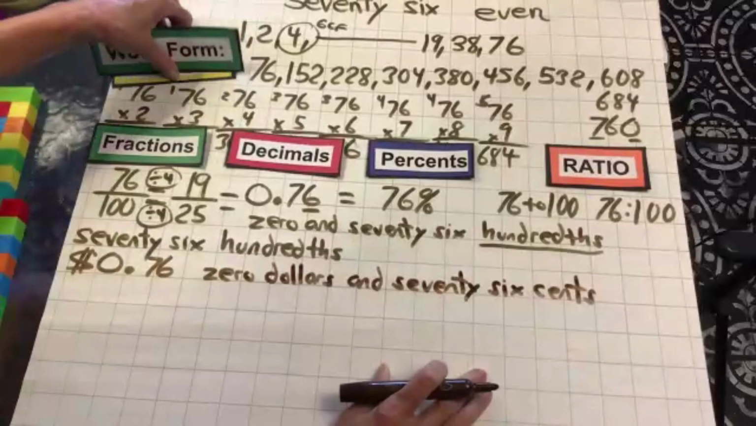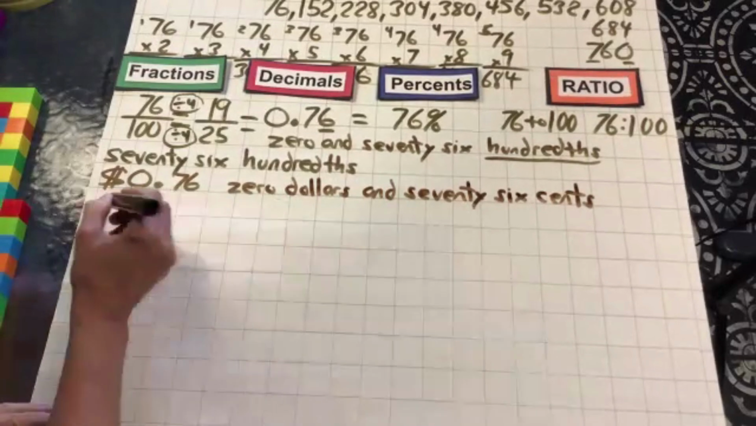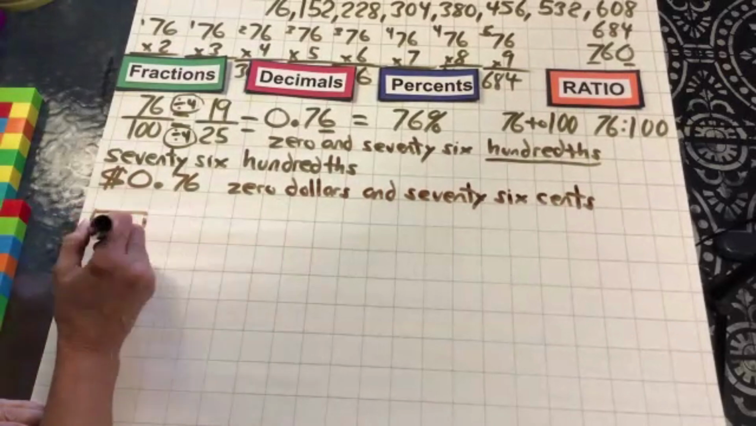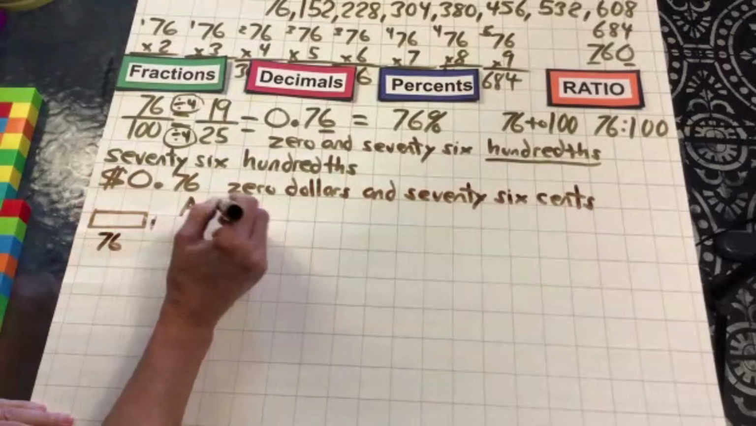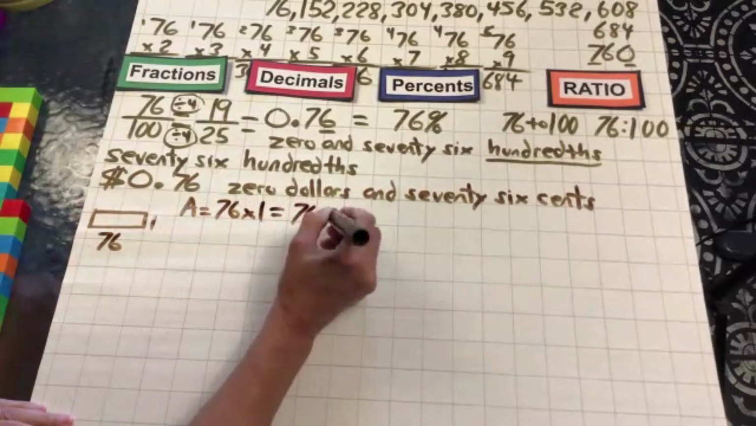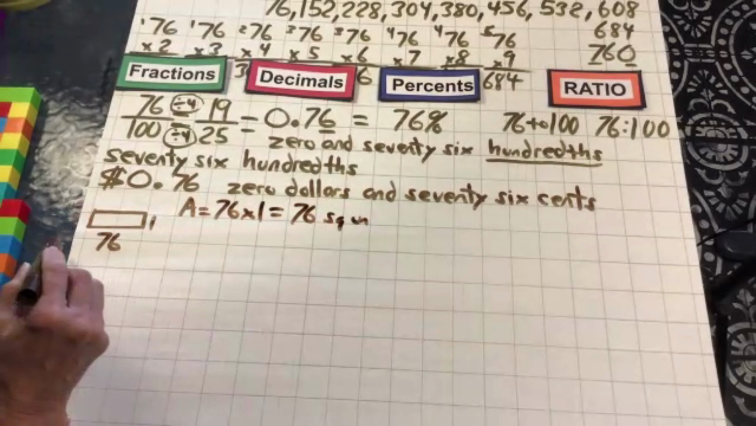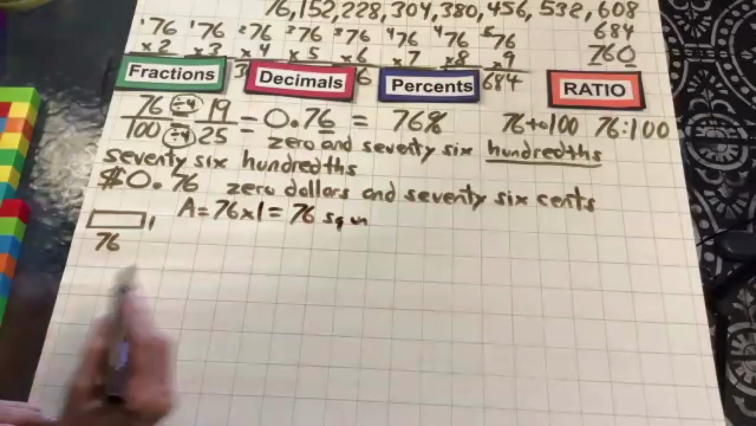All right, let's move on. Now we're going into area and perimeter. So let's start off with our first one, which would be a 76 by 1. So area would equal 76 times 1, which equals 76 square units. So if I have 76 squares and I put them in one long line,